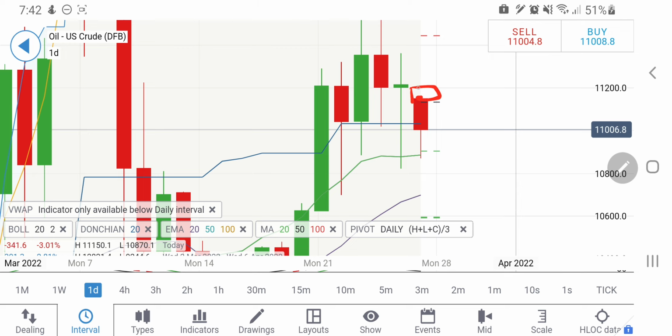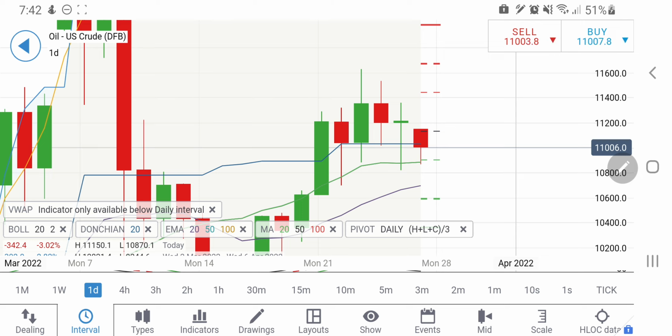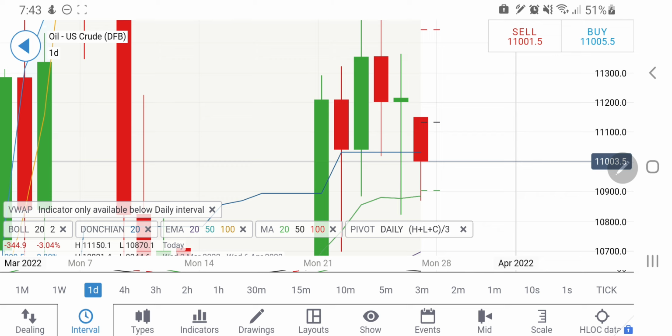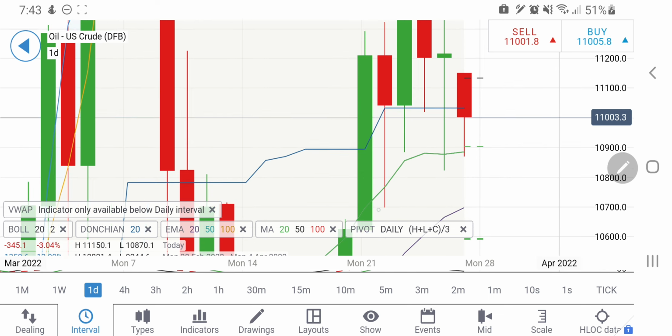First of all, it may try to fill this gap at 112, and if it breaks 112, then you can expect that possibly it may rise. So yes, a good long entry can be taken above 112. You can see here, a good long entry can be taken above the 112 region, beyond which you can expect that it can try to hit 113. Possibly it may try to trade between this zone, that is 109 to 113 levels itself.